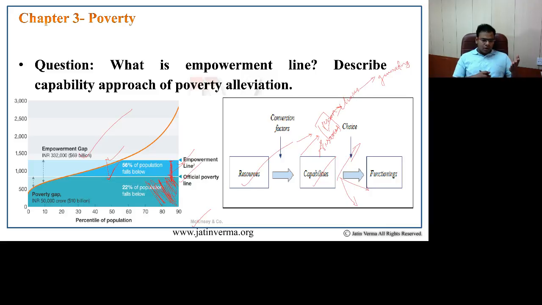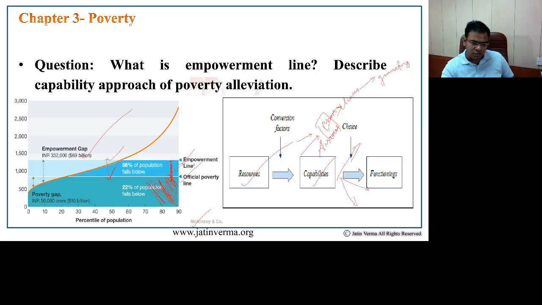Apart from answering this question, I would like the viewers to think a step further beyond this capability approach, and think why, at the time of reaping the demographic dividend, this idea of providing good health, good education, good information becomes so important. If you think along this line and understand the capability approach, you'd understand how reaping the demographic dividend has a similar approach to the capability approach to poverty alleviation as well.